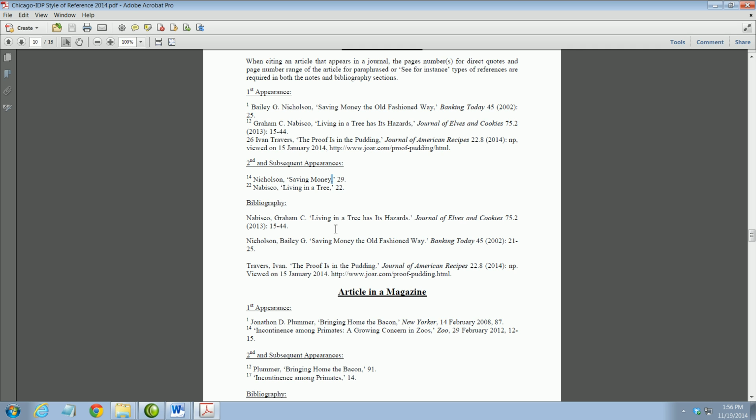It's closed with a comma, then a space, and then the page number that you find that direct quote on. If you are now paraphrasing from the same article, please include the entire page range. The bibliography entry for this particular